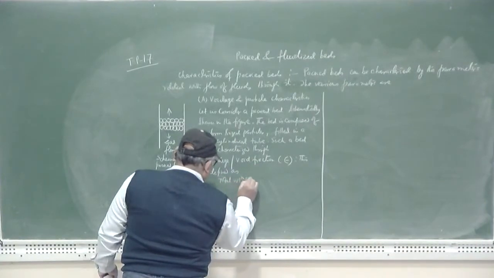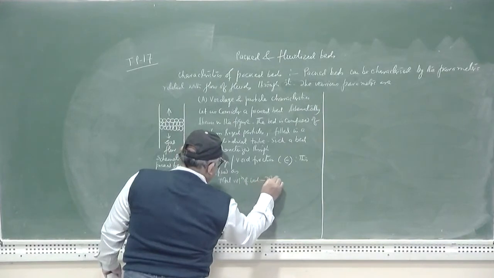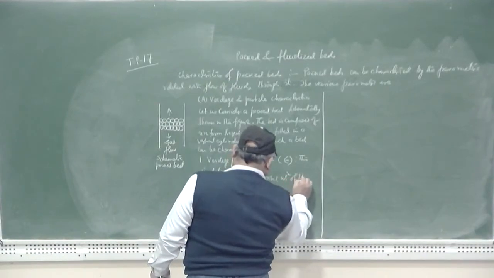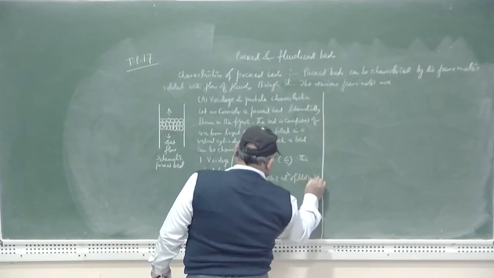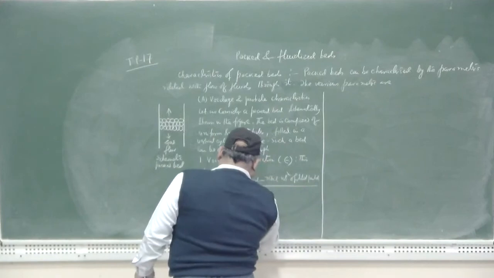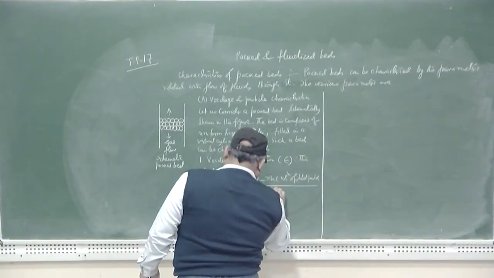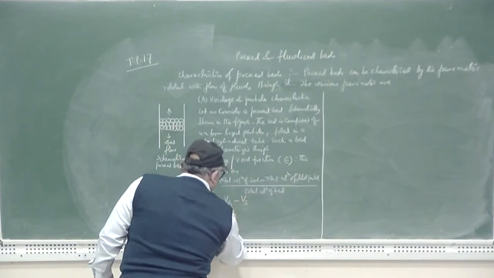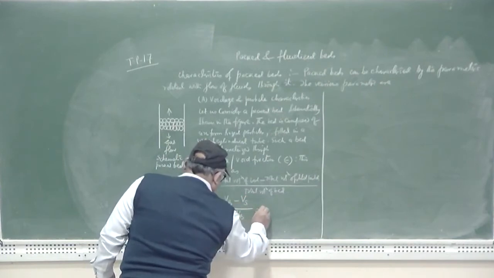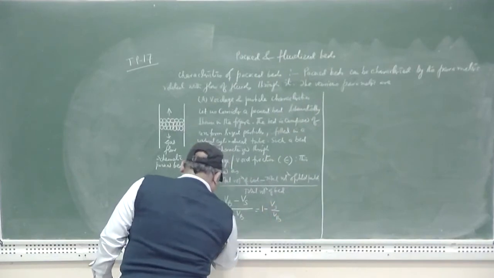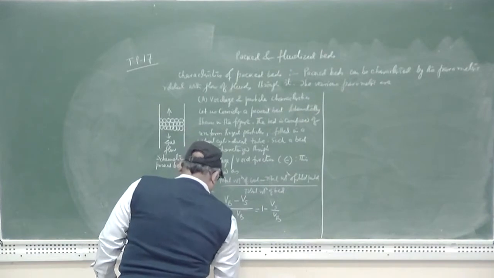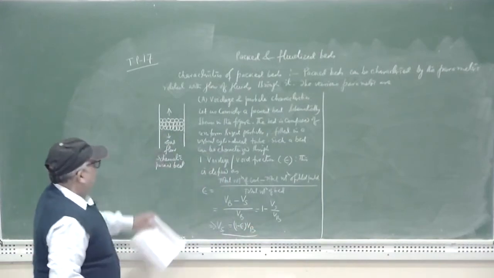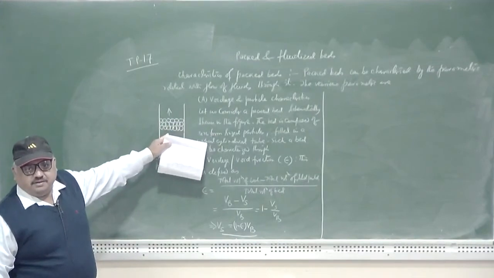total volume of bed minus total volume of solid particles divided by total volume of bed. Let us suppose the total volume of bed is Vb, total volume of solid particles is Vs, so epsilon equals (Vb minus Vs) divided by Vb, that is equal to 1 minus Vs by Vb. So, the Vs can be given as (1 minus epsilon) into Vb. So, this is the expression which can be used to characterize this packed bed. So, this is one